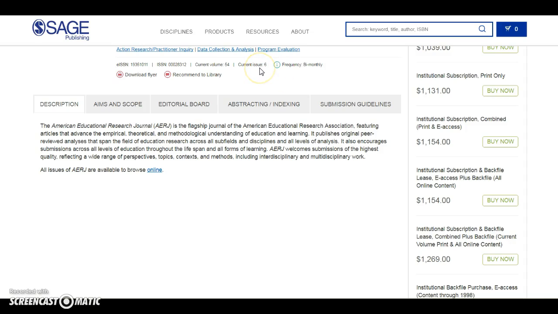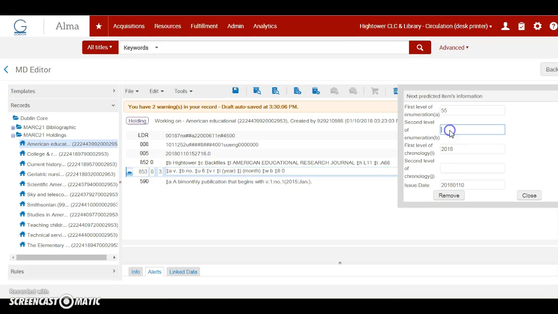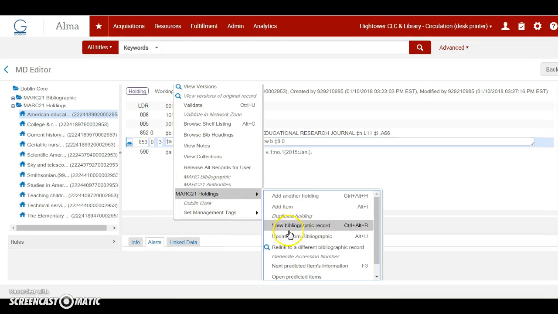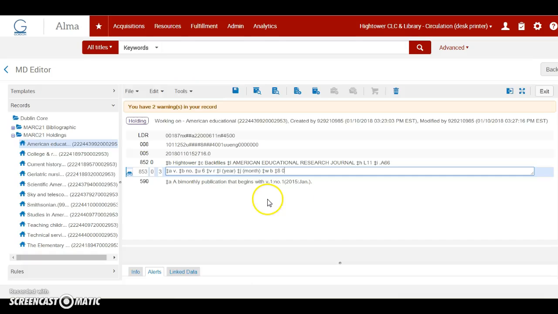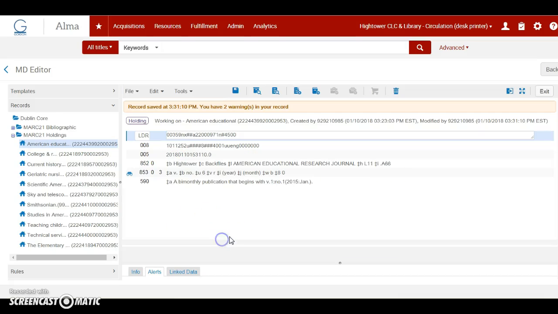one thing I don't know, because I don't have this in my hand, is I don't know if they number the issues, but actually that's something that we can put in here, is the issue number. So I'm assuming it starts with issue number 1, and we can look at the pattern here. So it did everything right, but it didn't do the month. So we're going to click on discard,